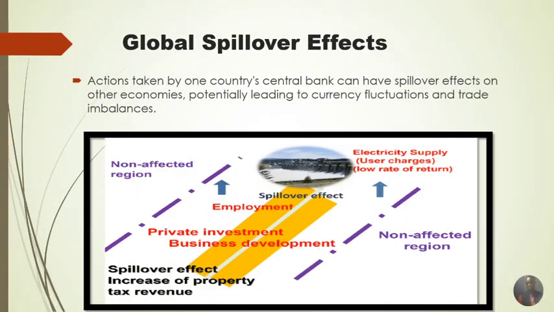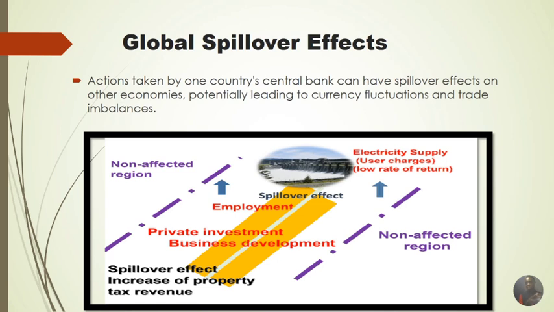And then we also look at global spillover effects. Action taken by one country's central bank can have spillover effects on other economies. We look at Lehman Brothers, one of the largest banks in the world. The bank was located in the US, and its actions ended up affecting almost all financial and banking crises all over the world. So this is how actions by central banks can have spillover effects on other economies,